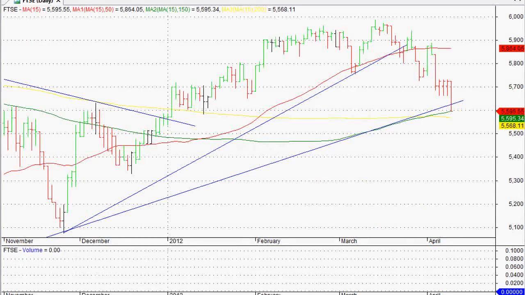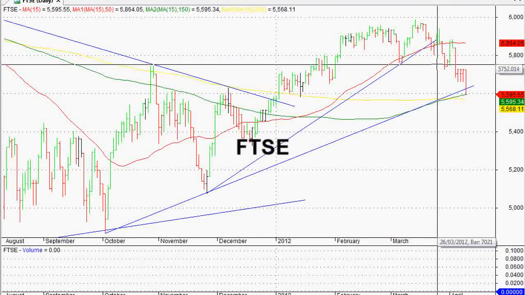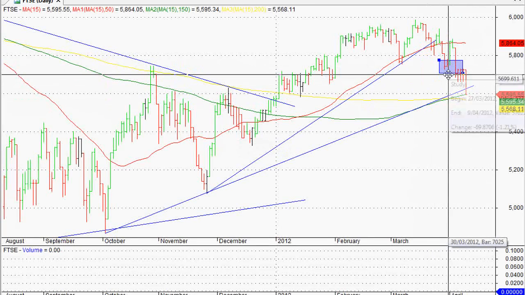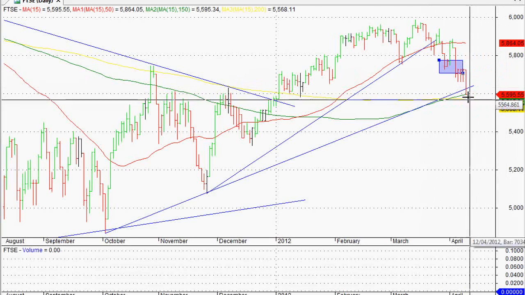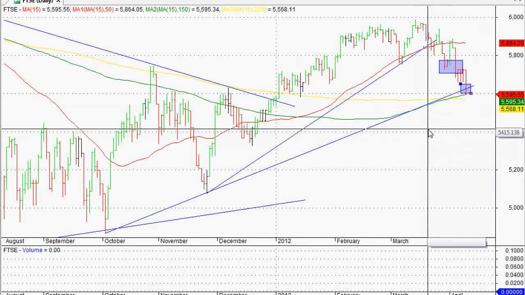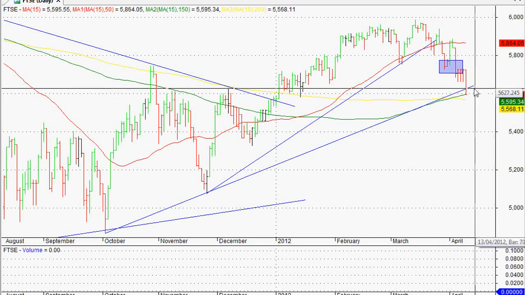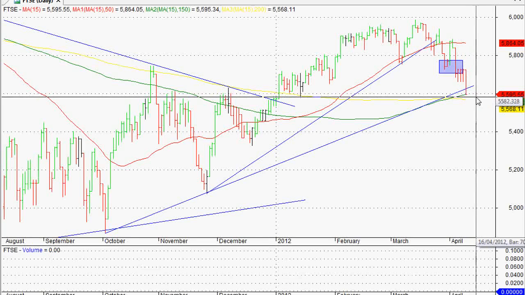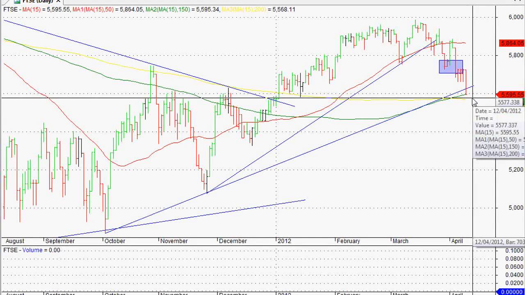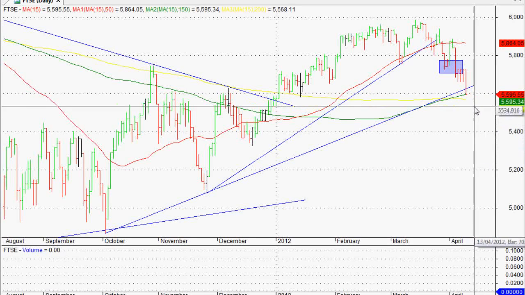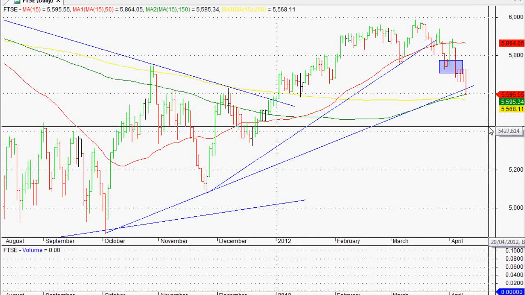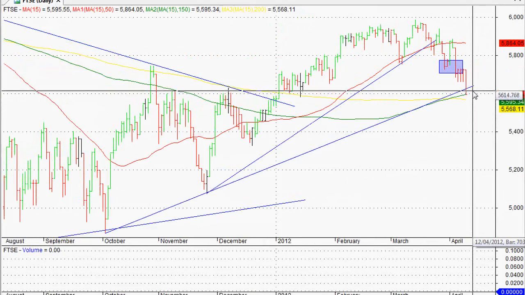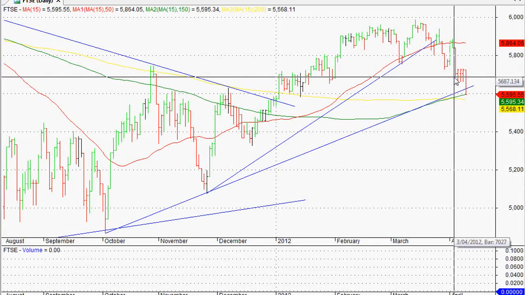Really quickly, the FTSE. Last week we called a short-term exit signal right there, and what I was expecting was for the market to find support at this level at 5,600. That's currently where it's sitting at the moment. Basically, it's still in a short-term downtrend, and if it closes below this level, which it's very close to doing, if it closes any further down, that would be looking at a potential medium-term exit signal. Let's just look at a weekly chart. Yeah, it's definitely in a short-term downtrend, and coming very close to a medium-term downtrend.